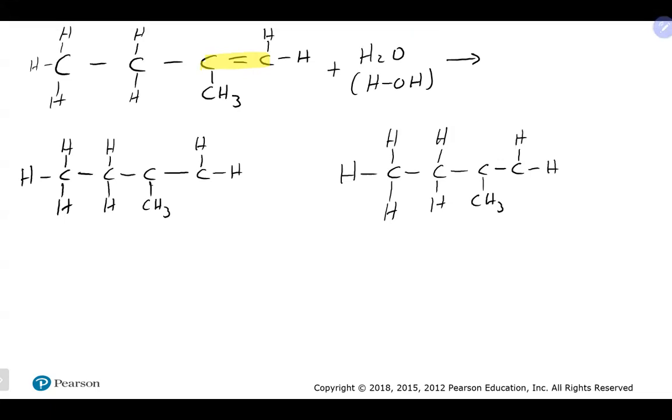Okay, so option number one is we could put the hydrogen here, and we could put the OH here. Option number two is the opposite. We could put the OH here, and we could put the hydrogen here. So in this particular case, we actually can get two different answers. And there is a rule that you should follow in a situation like this. It's what's known as Markovnikov's rule. And it says that the hydrogen that's being added